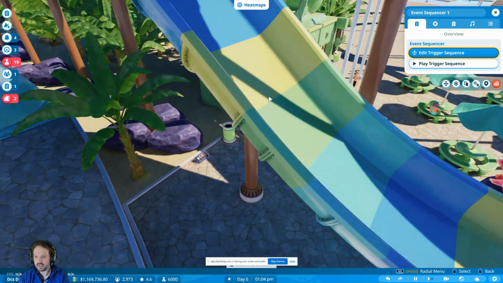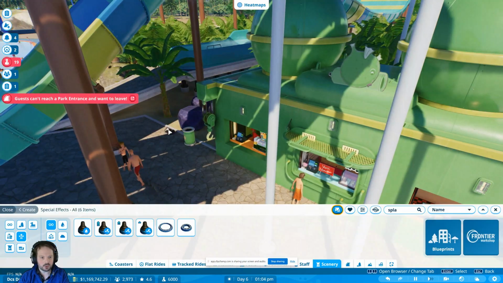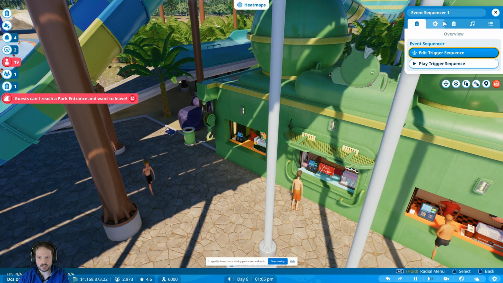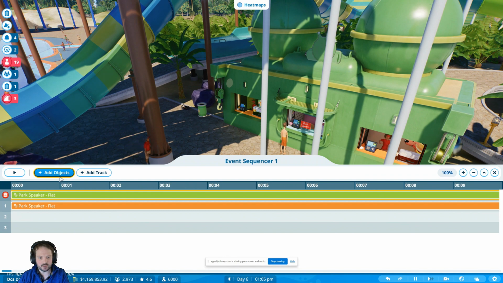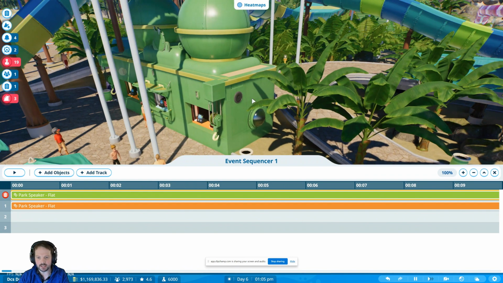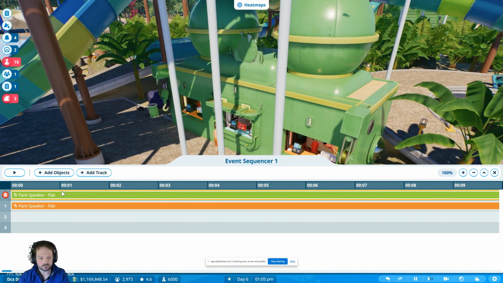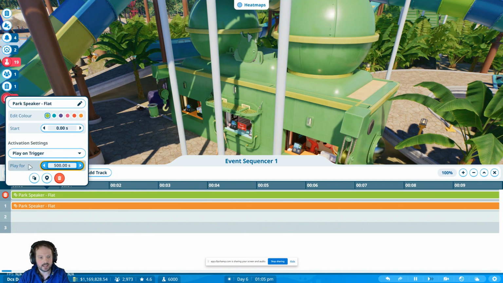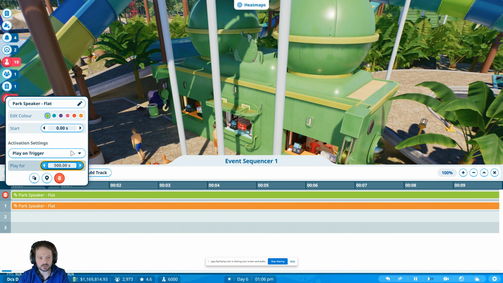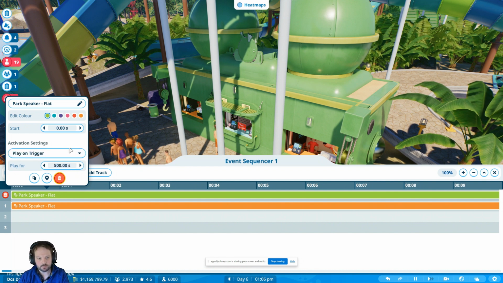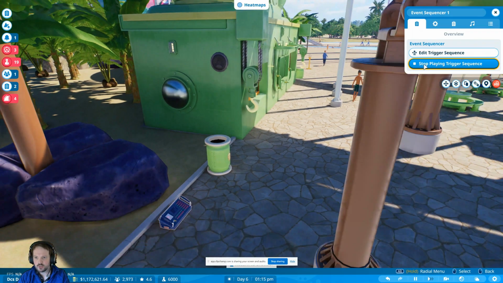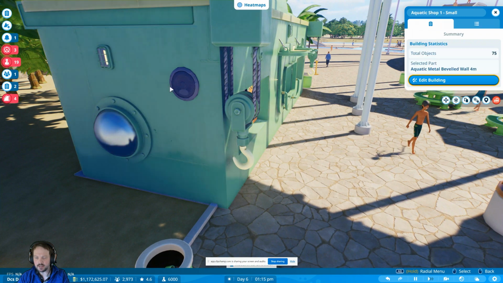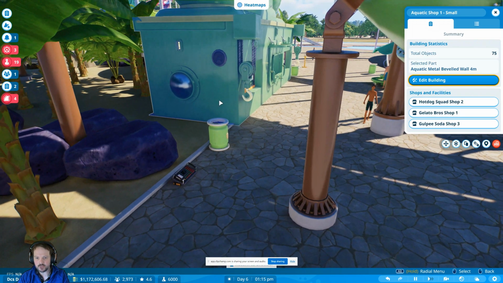Now, how do you get it to play? Well, what you have to do is go into the event sequencer, edit sequencer, and do exactly the same thing. Add objects, select them, and then you'd have play for so long. Now, I have it as 500 seconds because it's music, and I wanted to keep going, and I have it play on trigger. So now when I play it, and I've selected the music I want,